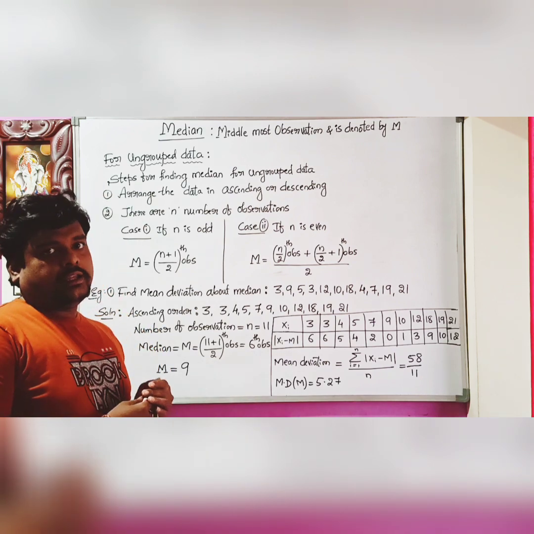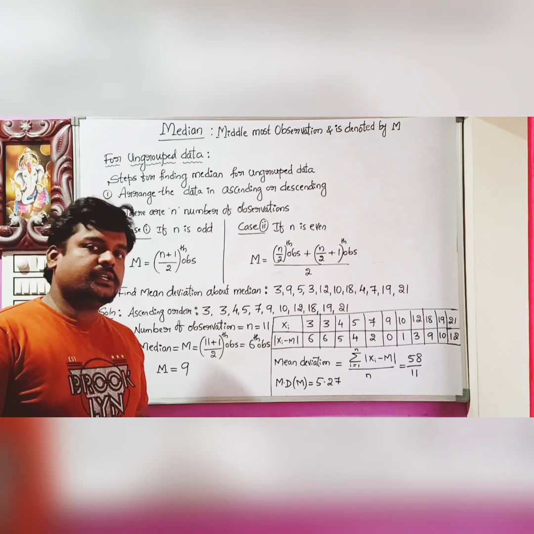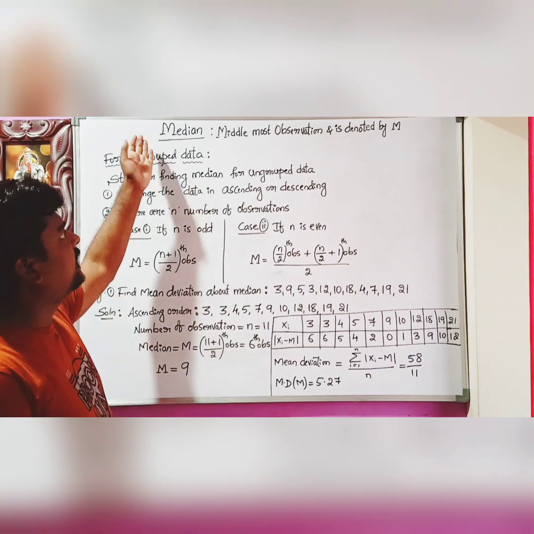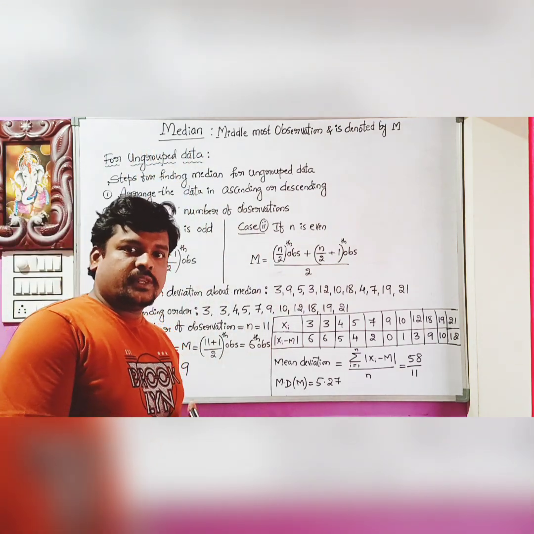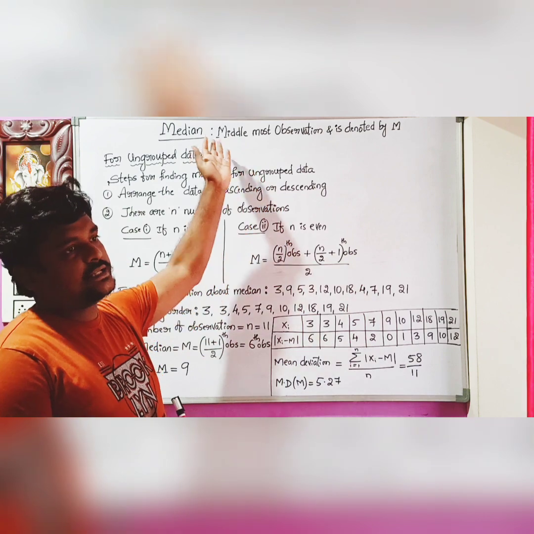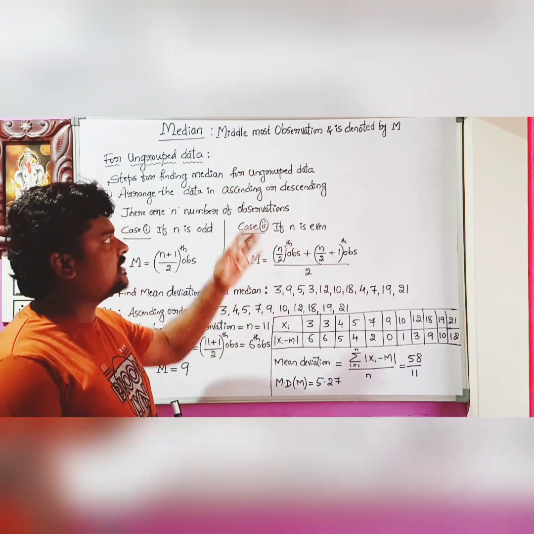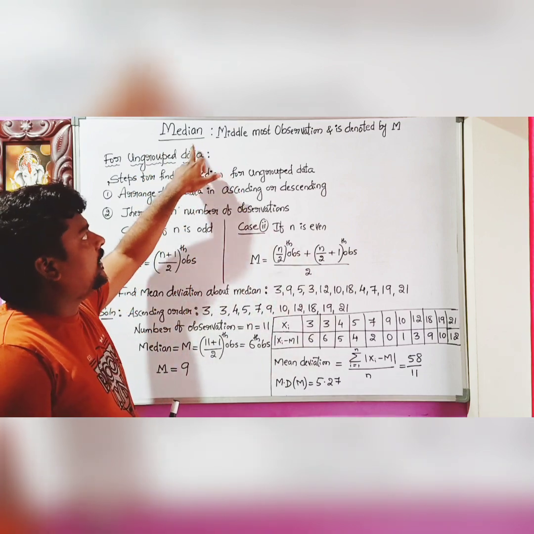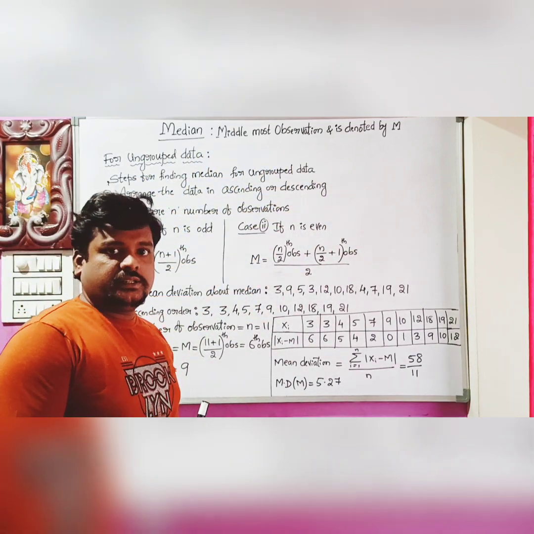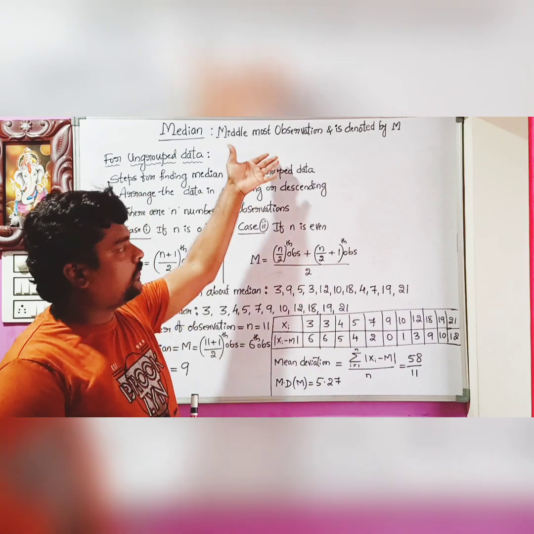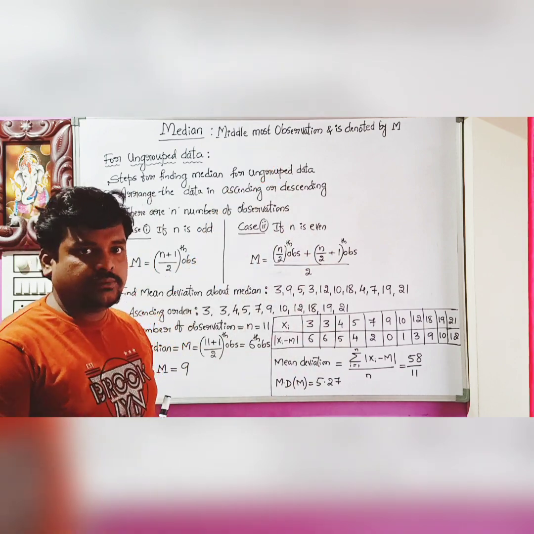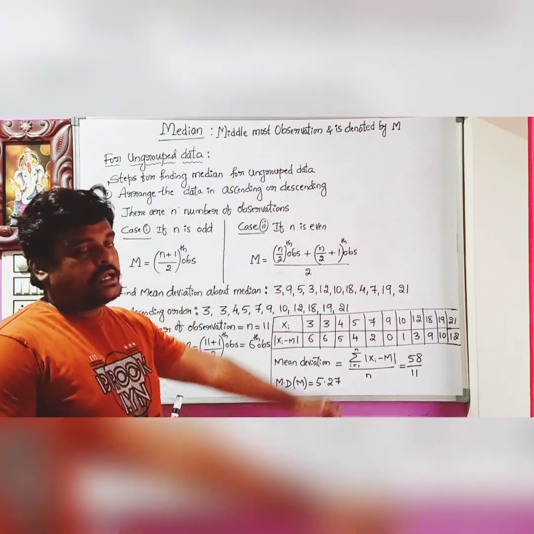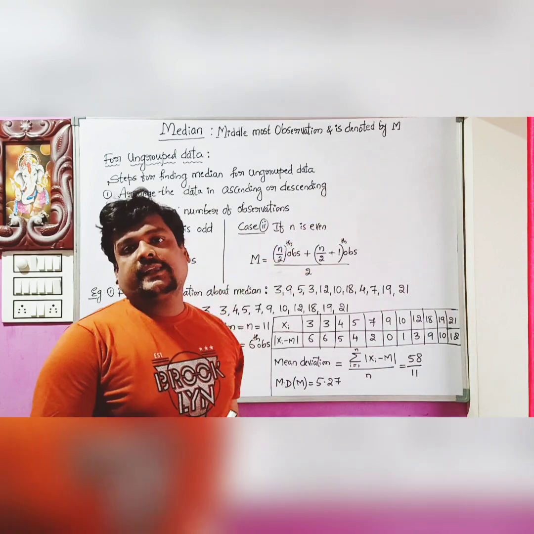Again we are here to discuss statistics, in that the concept of the median. In the last class we discussed the mean, and here we discuss the median, and also the definition. What is median? It is the middlemost observation, which we have discussed already, and I gave you the definition in the previous classes. Median is the middlemost observation and is denoted by the capital letter M.